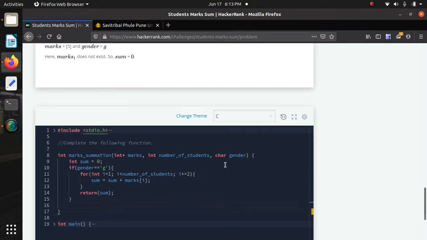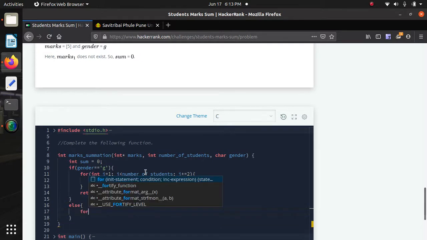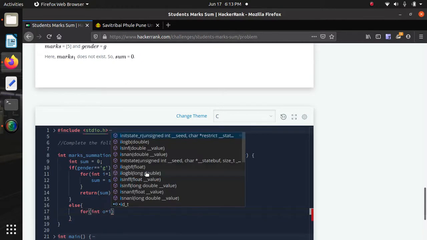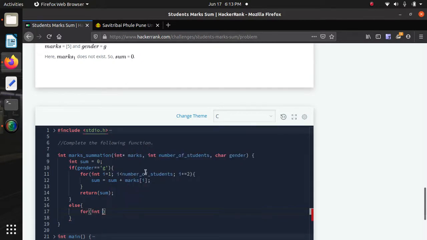If the character input is not G, it means it is B. For that we use another for loop, for int i equals 0.